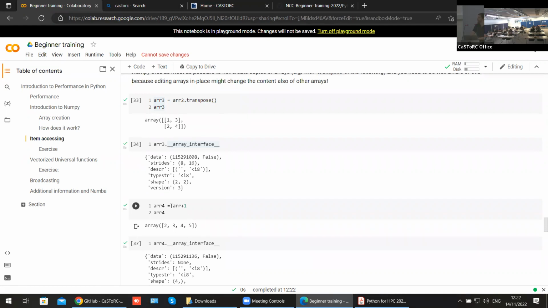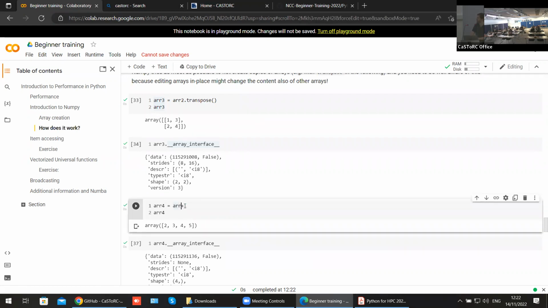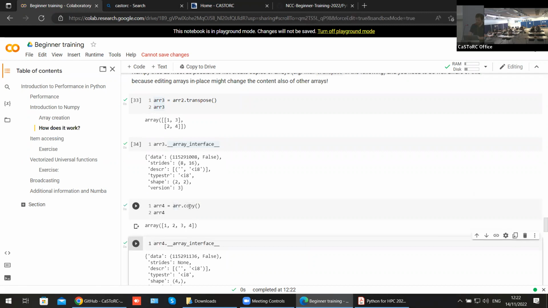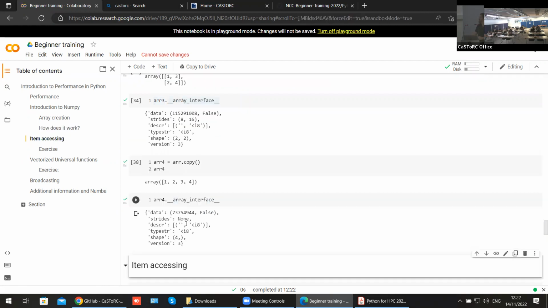Or you just ask for a copy. So if I say r.copy, now this will do a copy, still the same data, but copy means copy. It's a copy, okay? So these are new